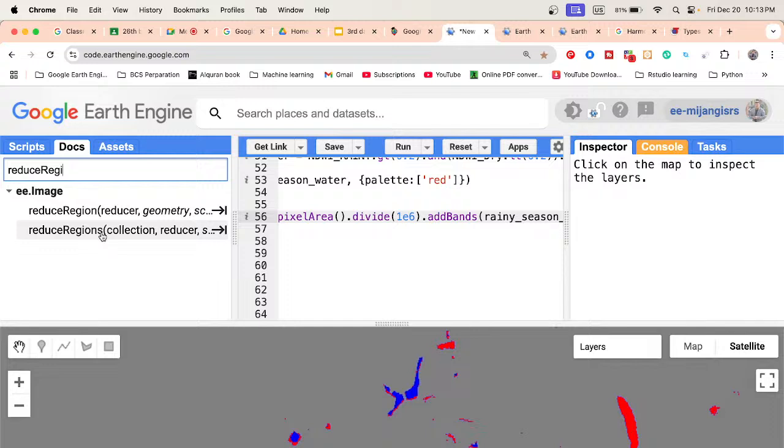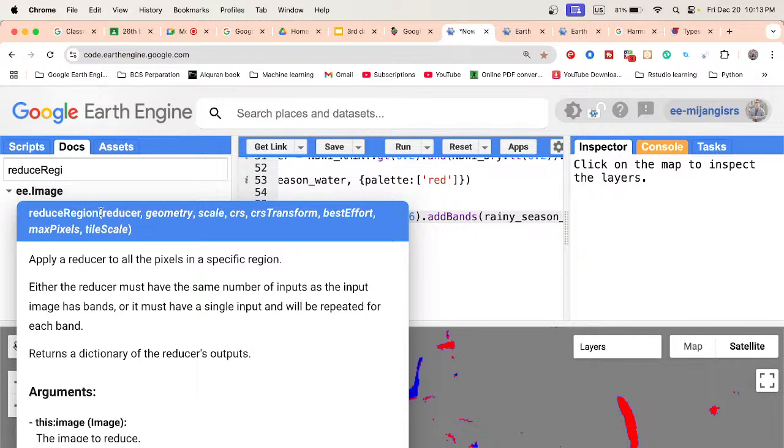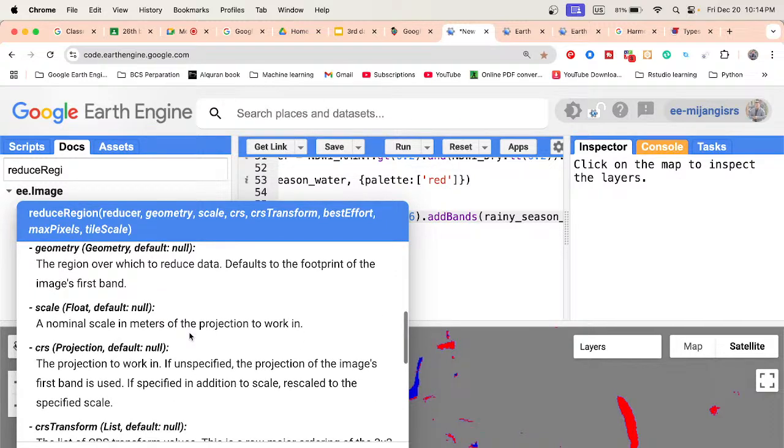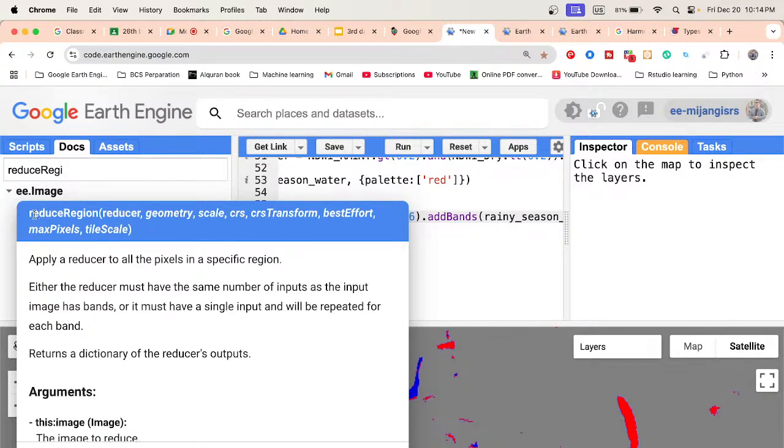Okay, so further let's discuss this function. Now we talk about reduceRegion. It basically applies a reducer to all the pixels in a specific region. Mainly it calculates different types of statistical values, suppose total area or mean value, average value, maximum value. When you calculate this type of thing for a specific boundary, we use this reduceRegion function. So I want to apply this function, just copy